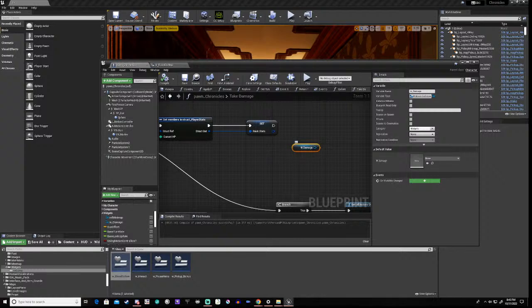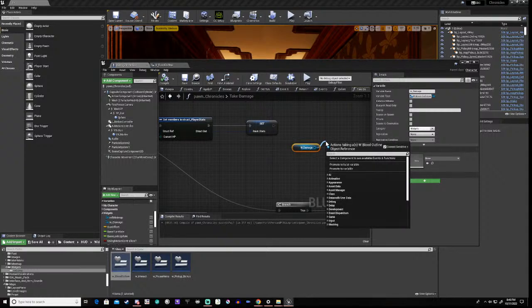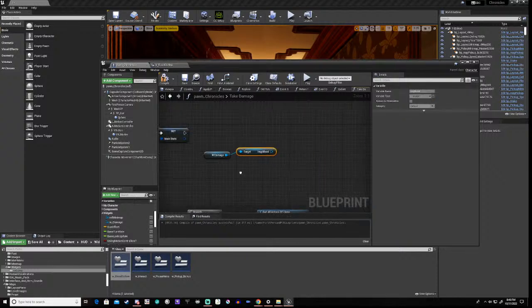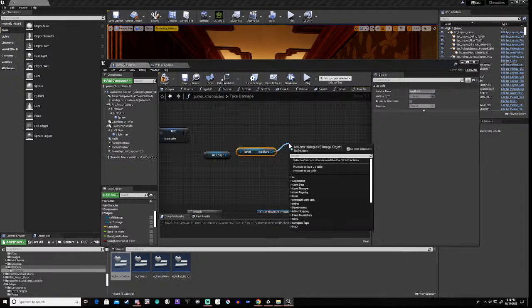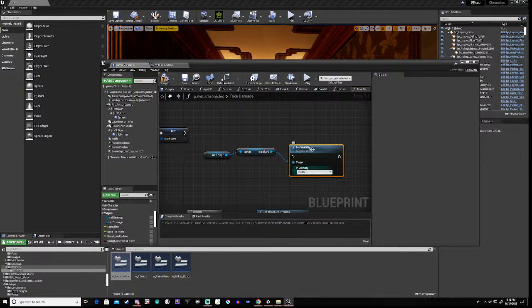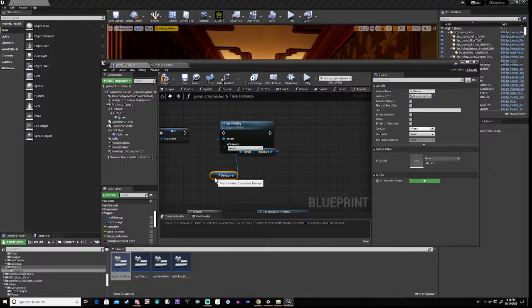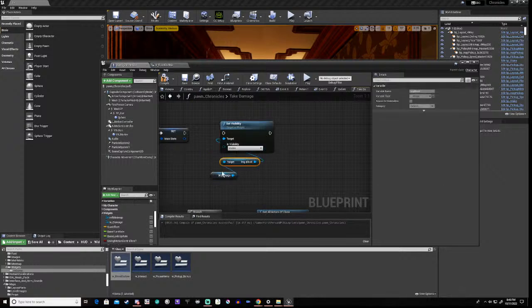And then in here we can say image blood, and we can set visibility is visible. Now when we're taking damage or we are actually healing ourselves, we can obviously reset this and say it's hidden again,